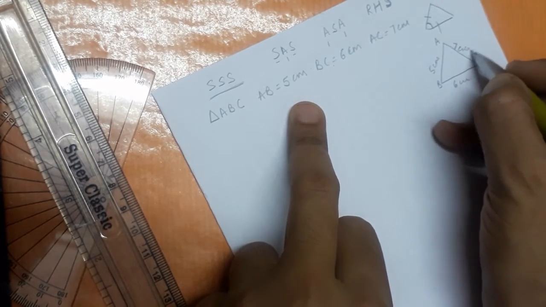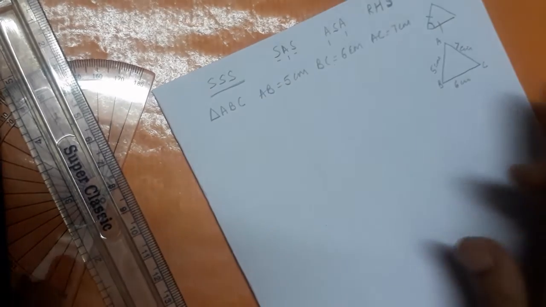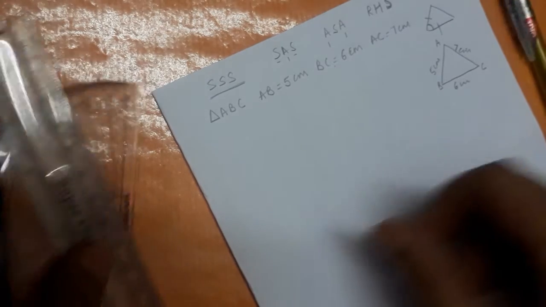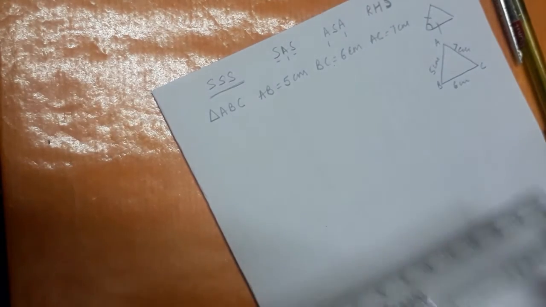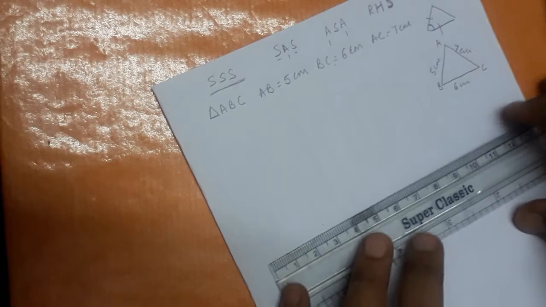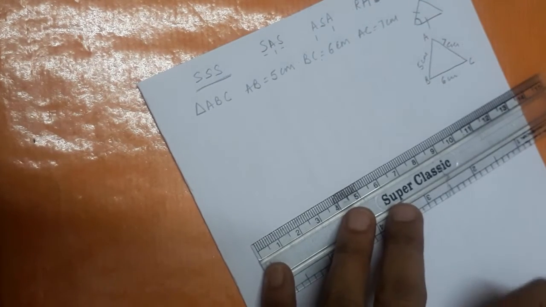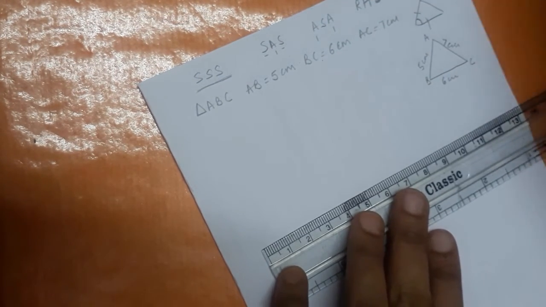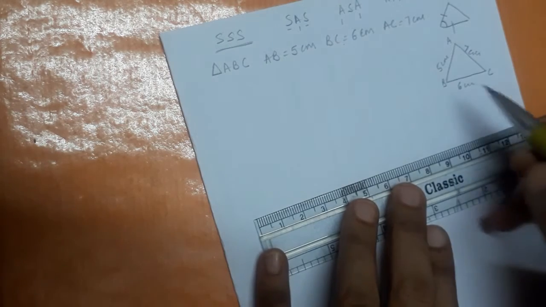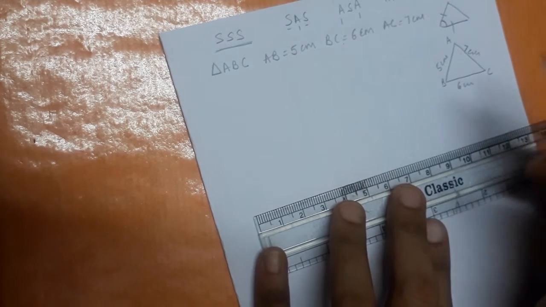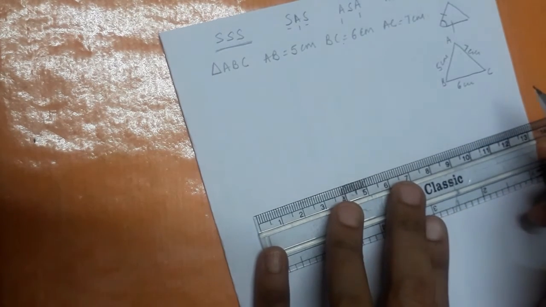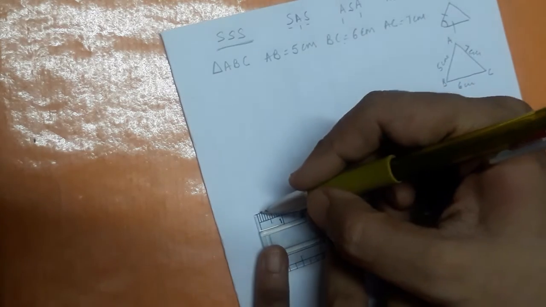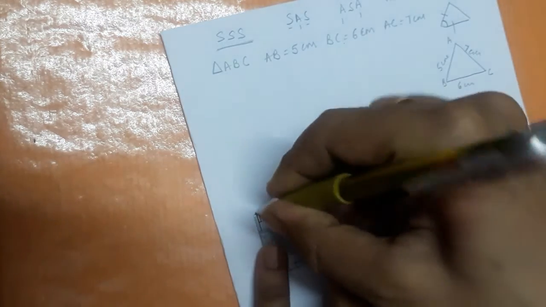AB is given as 5 centimeter, and AC is given as 7 centimeter. We have already gone through the construction of angles, and already you know how to draw a line and cut arcs. All these things are already clear to you. So now starting with the construction of the triangle, in which BC is given as equal to 6 centimeter. So taking BC 6 centimeter,